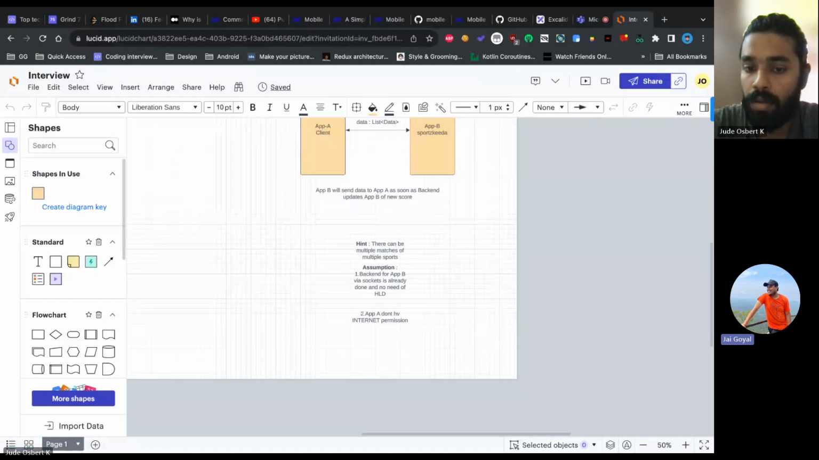Consider it as a black box and just assume that data is coming from their backend and going into their DB, and they are just storing like India 34 runs, like anything. For you it is a string. Consider that the score is coming as a string from the backend and you are just consuming it. And the second assumption is app A doesn't have internet permission. Apart from that, you can think and create a good high level diagram